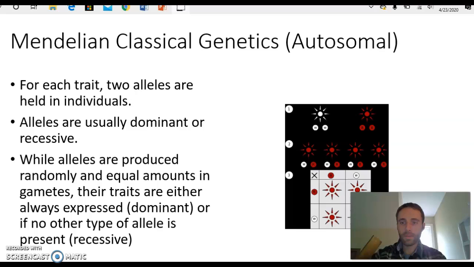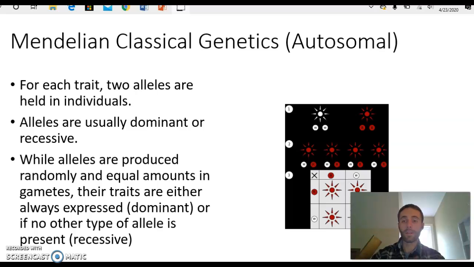And so sometimes we're going to have slightly different situations. So say if you get a 50-50 mix where I have 50% of my offspring having the red trait and 50% of them having the opposite trait. This could be from one of the parents being homozygous recessive, so a white parent, being paired with a heterozygous individual that has the red and white trait. So because the parent who is homozygous recessive is only going to be able to give a recessive allele, the parent that's heterozygous is going to determine what happens. This is often what we see